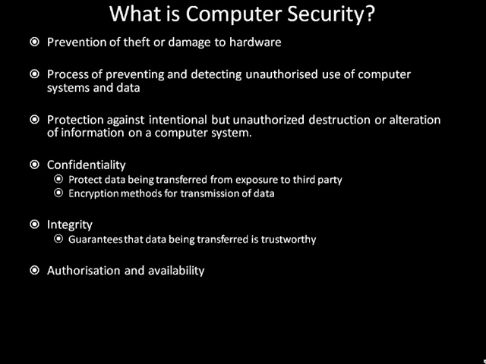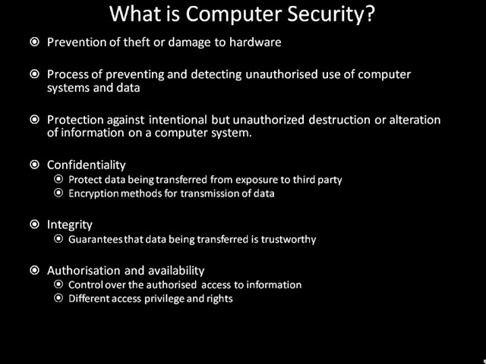Authorization and availability. Authorization is the access control that authorizes who has the right to access what information or operation in a system. It can be controlled on an individual or group basis. Users are given different access privileges or rights to perform tasks in a computer system. Usually, access is granted by entering a valid username and password. For example, students may not be able to access certain intranet services while their lecturers have access rights to them.